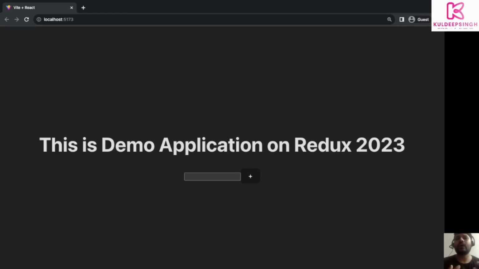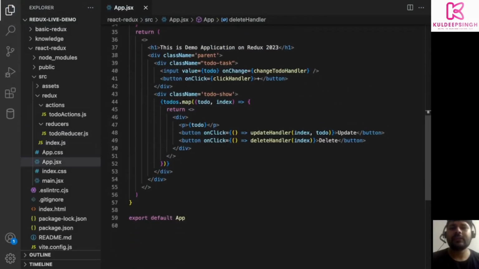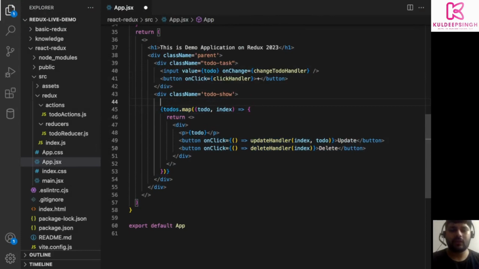And now, friends, only one thing is there. If there's no to-do, I should see a message, no to-do, right? So friends, how can we do that? I have to go to my VS Code. Let's try to write a little code about how we can do that. I can see this todos.map is actually working totally fine, right? This is working totally fine. But in case I don't have to-dos, right? Or I can write like this, todos dot